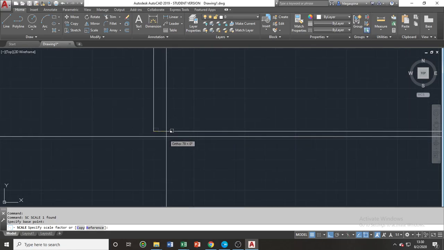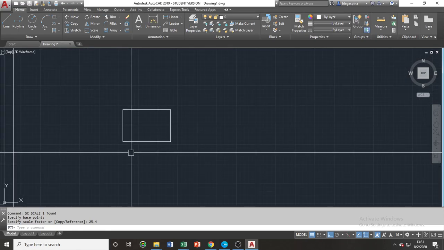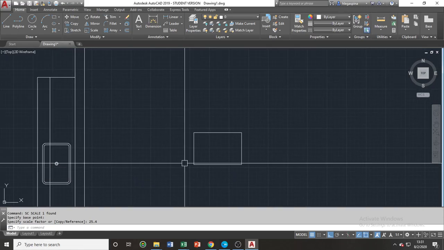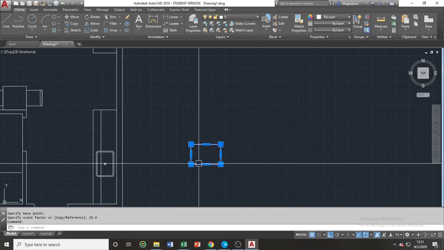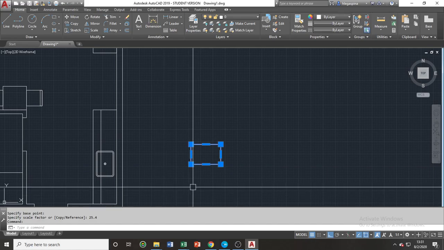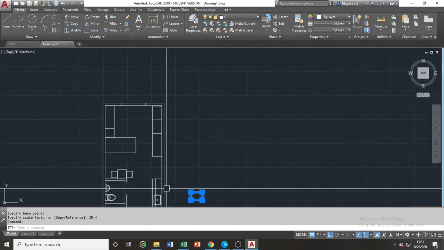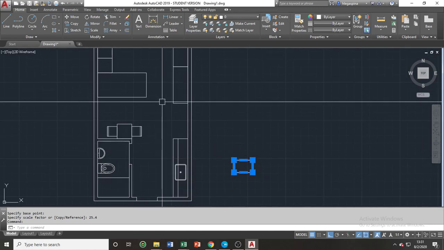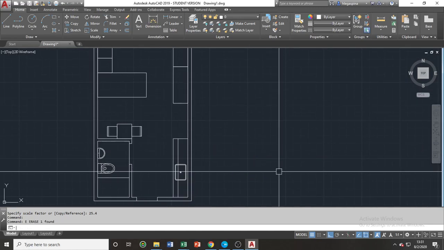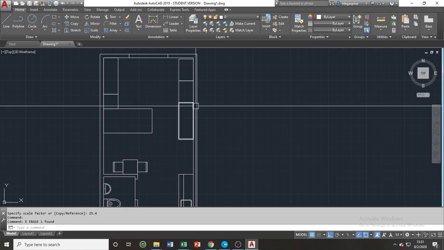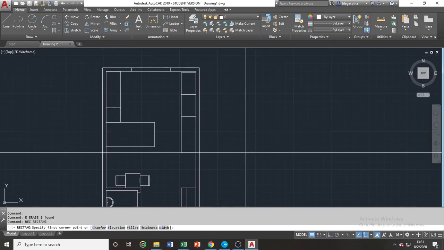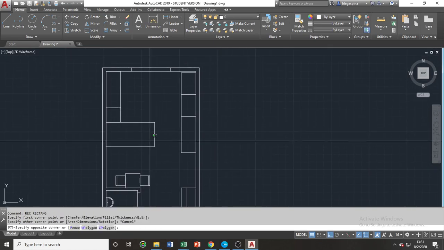So you specify your scale factor at 25.4. So this is the actual paper size in accordance to the sizes of the furniture anyway. So it doesn't matter. Also, if you want, for example, this bed,